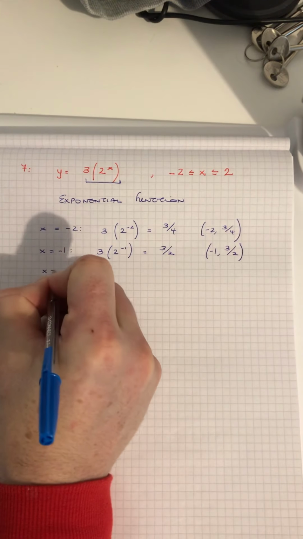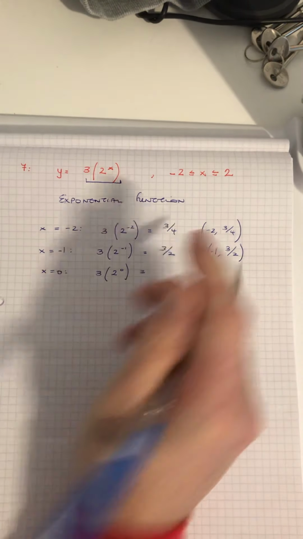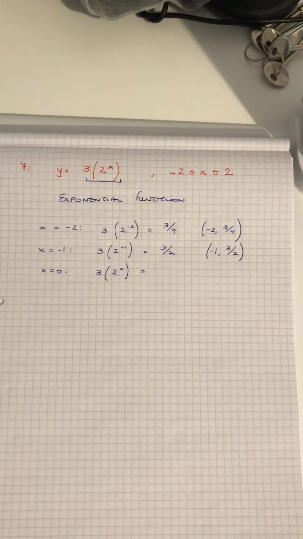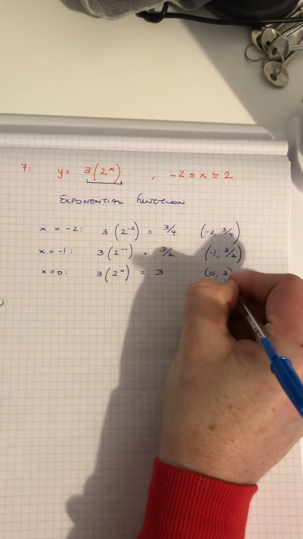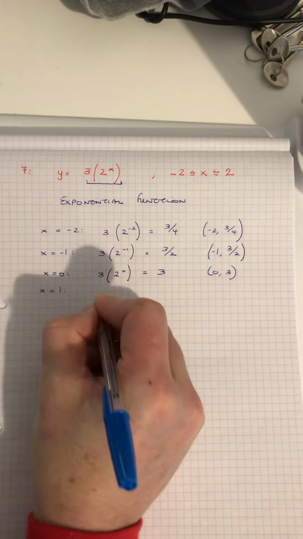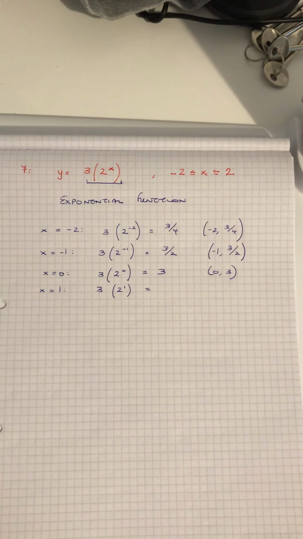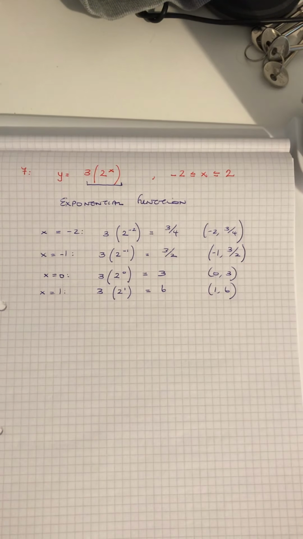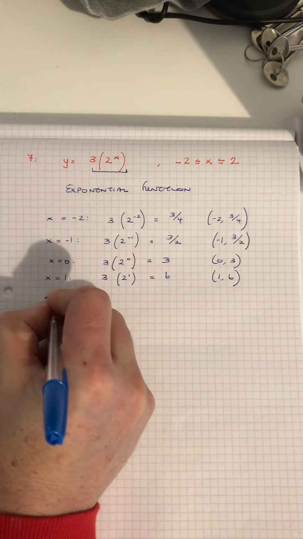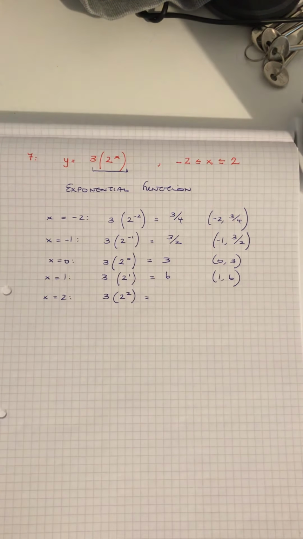When x is 0, 3 times 2 to the power of 0, which is equal to 3. So 0, 3. When x is 1, 3 bracket 2 to the power of 1, which is equal to 6. So 1, 6. And finally, when x is 2, 3, 2 to the power of 2, which is equal to